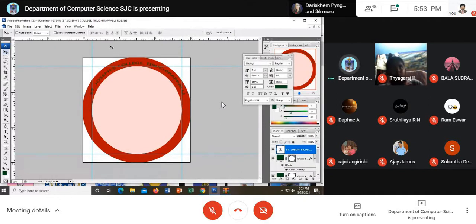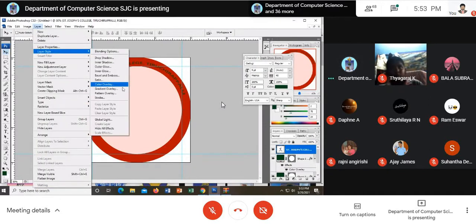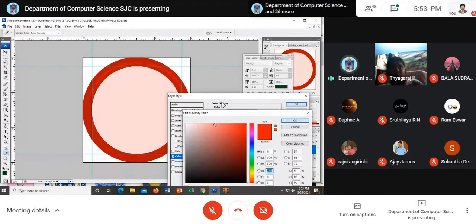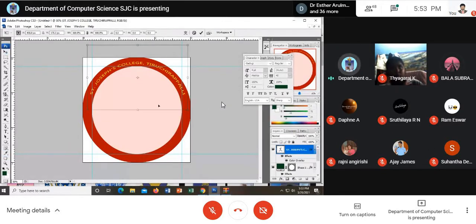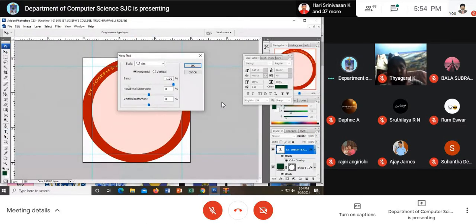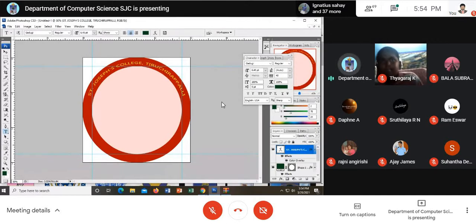Now I will have to change the color. Look at here. I just go to layer, maybe yellow color. Am I clear to you? Like this, you can change the color. You can even reduce it or increase it. You can do anything that you want, right? Okay, fine. The same thing, you can copy it and put it at the bottom also, but you'll have to change it. When you select this, it has to be taken this side. The pendant is supposed to be taken in the opposite direction, then you'll get it at the bottom. Am I clear to you? You'll be getting it at the bottom, right?